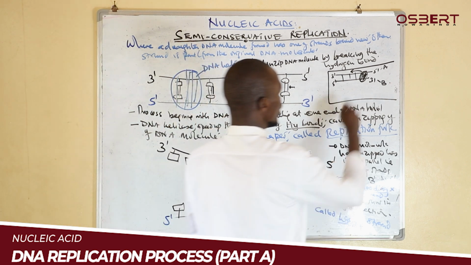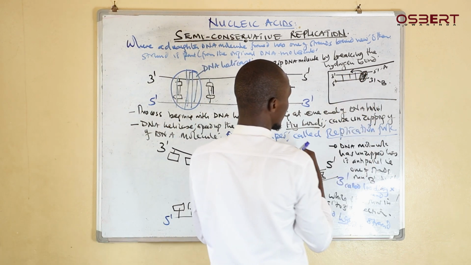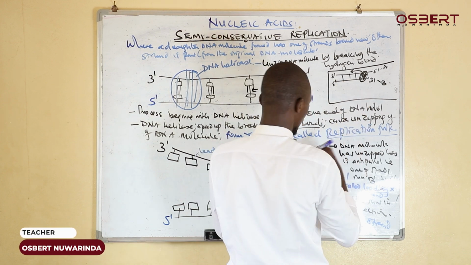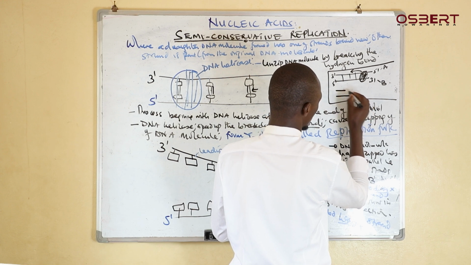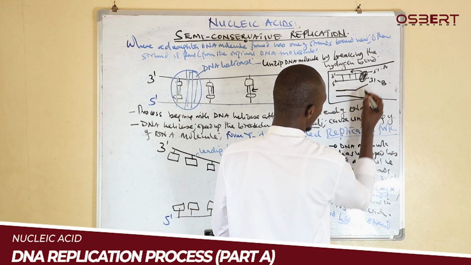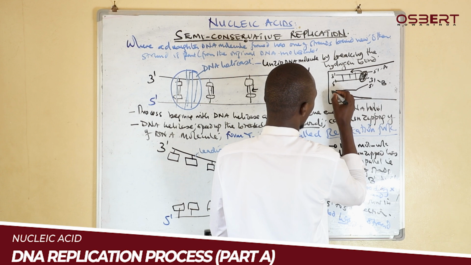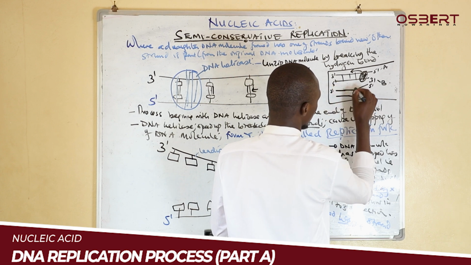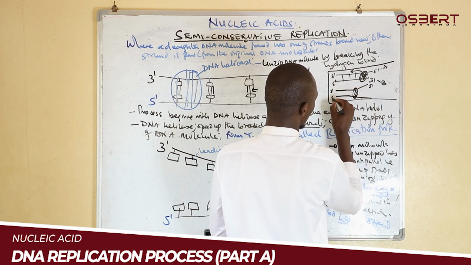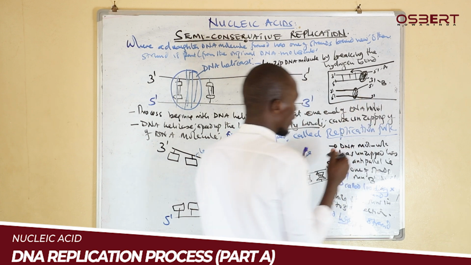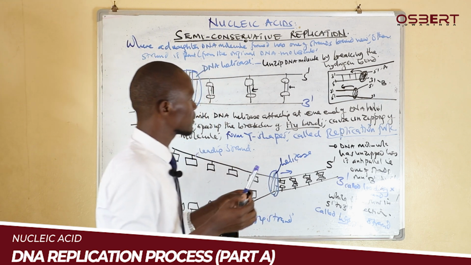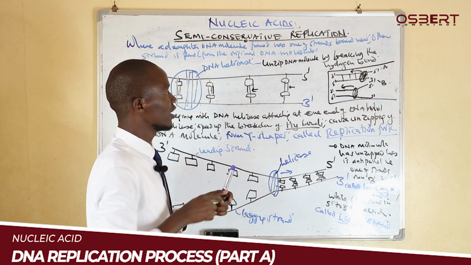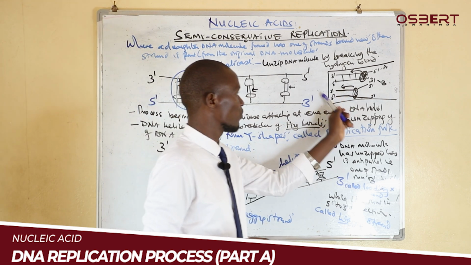So it means if the helicase is moving like this, opening like this, I will end up having a structure after the helicase has finished opening. The replication fork is going to be like this. So I have a 5' here and a 3' here. The helicase has so far reached here. This is 5', 3'. Now I've said with respect to how the helicase is moving,